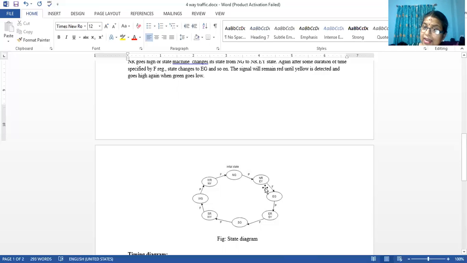Now in the east yellow state, what should happen? I have to make the north red as 1. Remaining all the reds are 1. All the yellows are 0. All the greens are also 0 here. Only condition is my east yellow should be 1 and north red has to be made as 1.